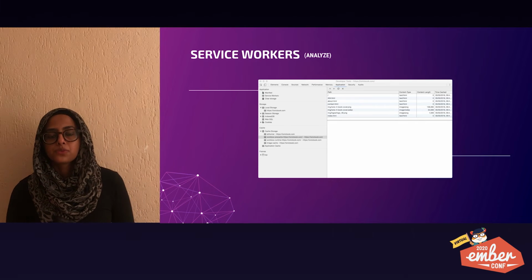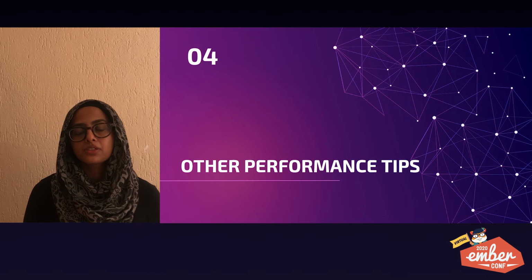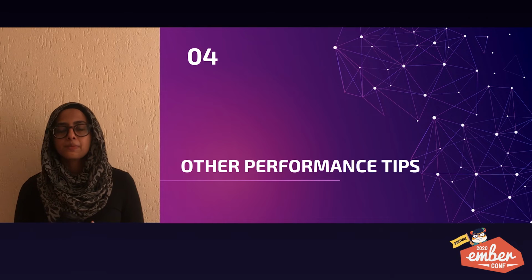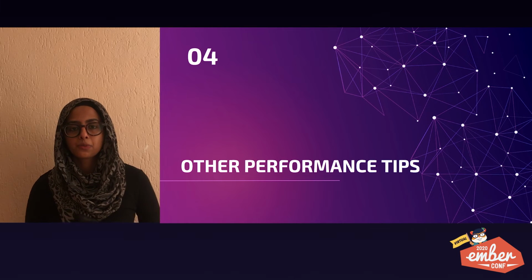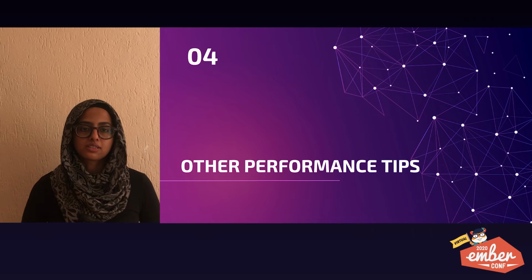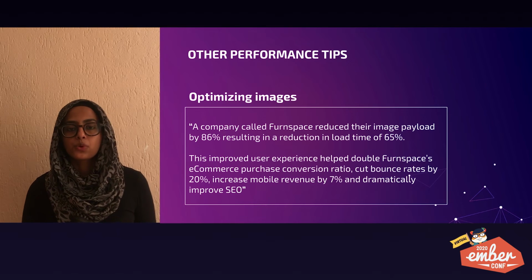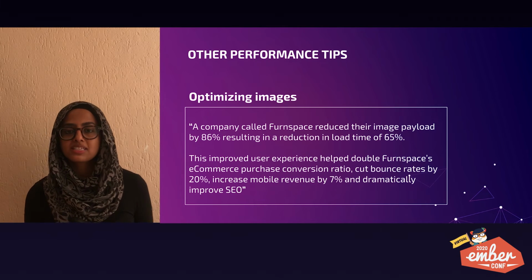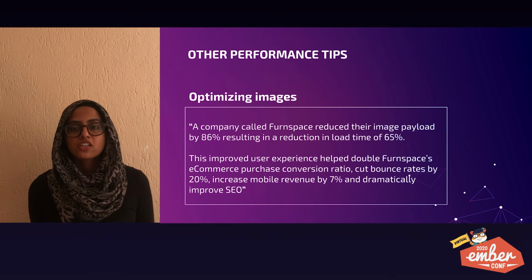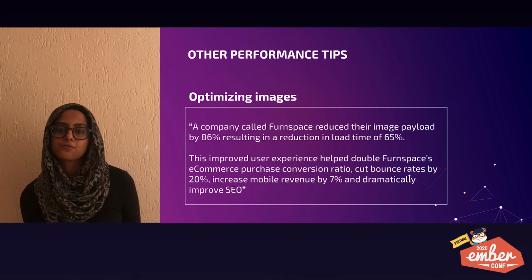Finally, we come to other performance tips. So there are a couple of techniques that I'm not able to explore as deeply, but I'd still like to list some of them out because I believe that when they are used appropriately, they will provide better accessibility for emerging markets. Some of them include, firstly, using SVGs where we're able to, or else optimizing images by using tools like Squish or Image Optimizer. HTML source sets are also really useful to serve different images to different visitors.